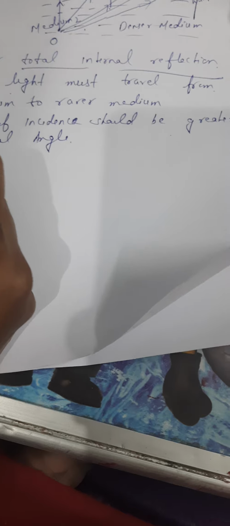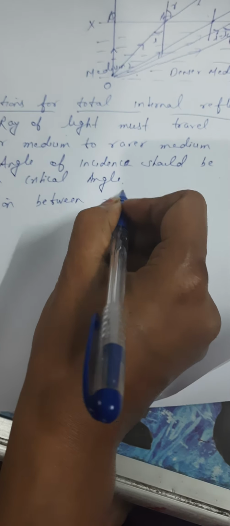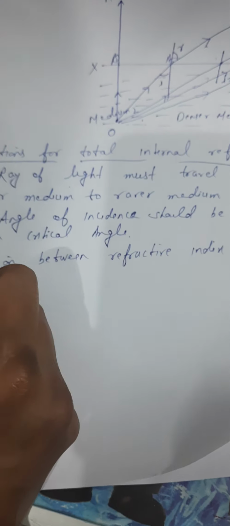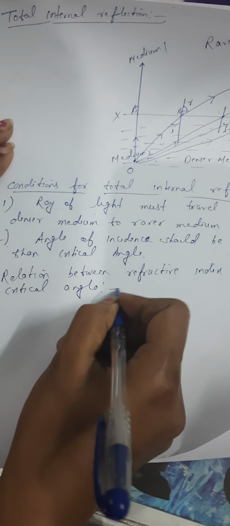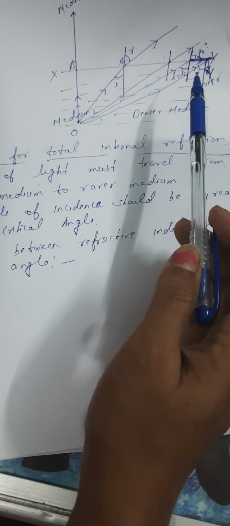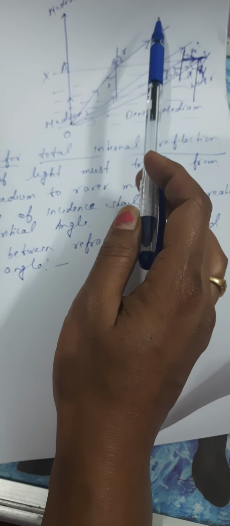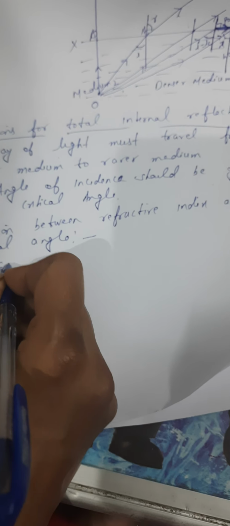Okay, now we will derive the relation between refractive index and critical angle. Let's see with the critical angle, for medium 1 and medium 2. Medium 2 is the denser medium and medium 1 is the rarer medium. From Snell's law,